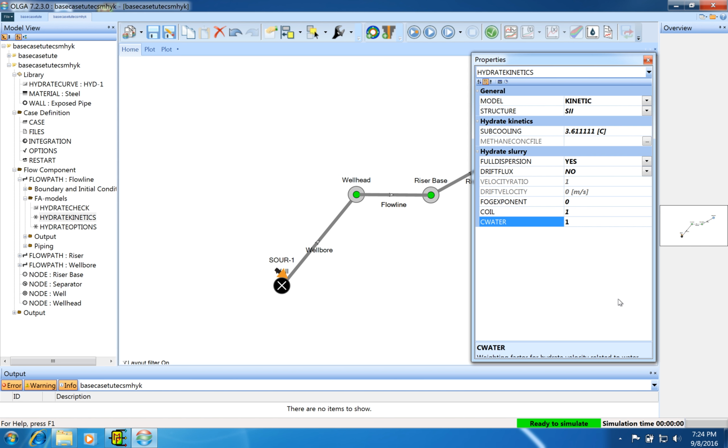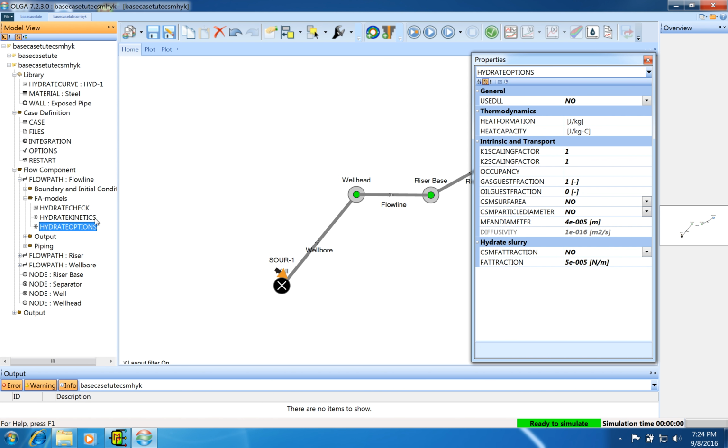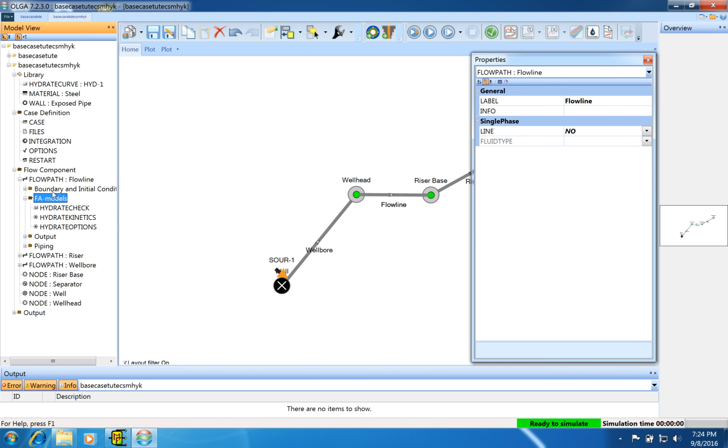Yep, that's about it. And then go on to hydrate options and we don't have to change anything on that. That CSM fraction, that's an advanced hydrate model option, that stays the same. So that's about it, that's done. So what we can do now is to say